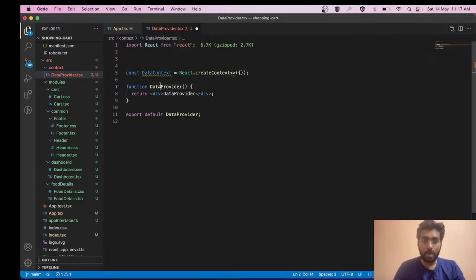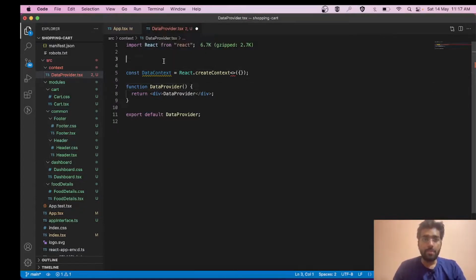Basically it has a provider and a consumer. The provider we have to wrap over our children, in the sense, over the components. So let's suppose there is some common property that you want to access in all these components. You simply need to wrap them inside this data provider, so that all these components can consume that property.